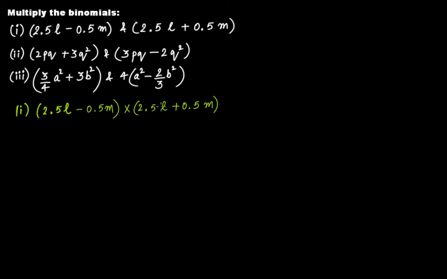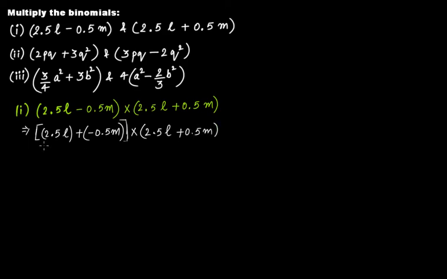Now why is it important? You can solve it using two different ways. Let's talk about the first way, that is the normal or usual way that we have discussed so far. So if we go by that way, first you will write this as 2.5L, right, plus minus 0.5M. We are putting this minus sign within the bracket to avoid any mistakes, multiplied by 2.5L plus